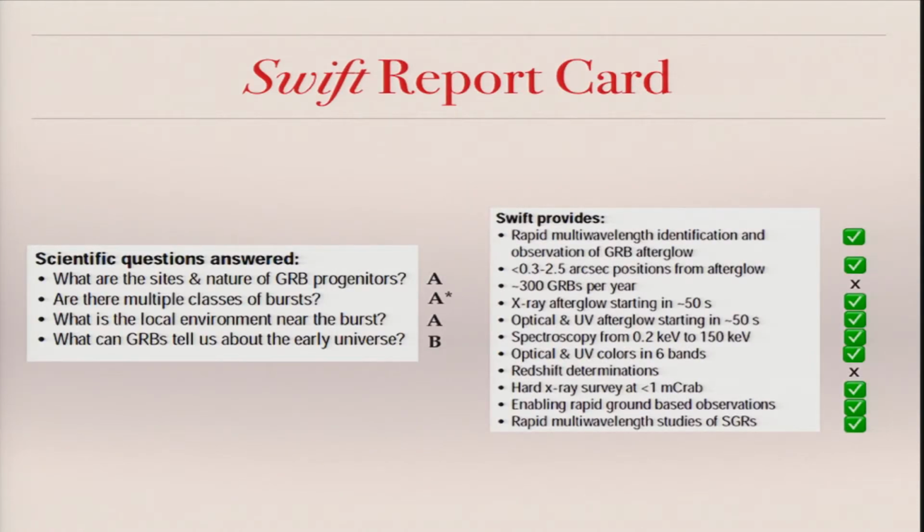So I think if I want to summarize in terms of gamma ray burst science, where does SWIFT stand? We'll look at the report card. So what are the sites and nature of GRB progenitors? I think we've done very well on this front. We knew that long GRBs were formed from massive stars. We now know that short GRBs, at least some, have some connection to binary neutron star mergers through a variety